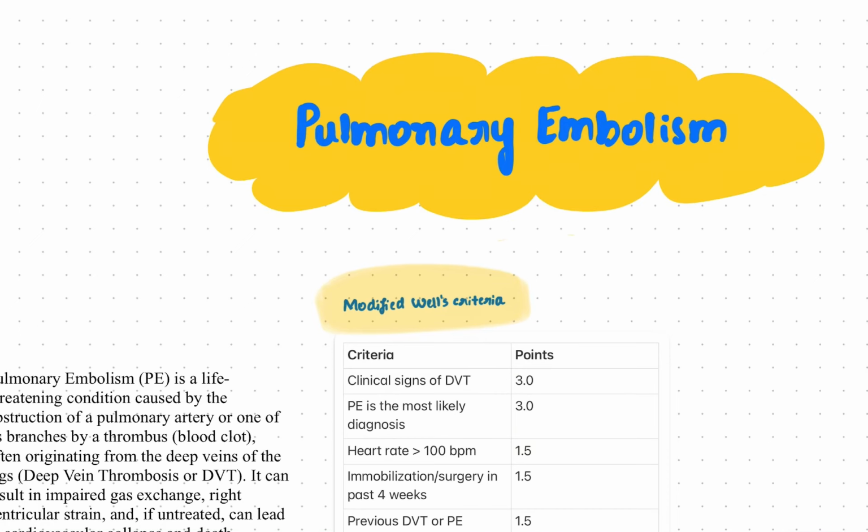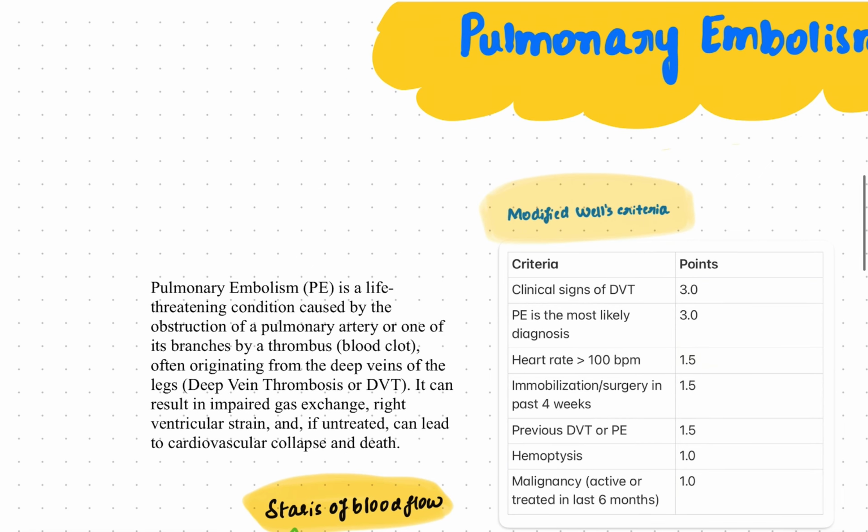Hello everyone, in this video we are going to discuss pulmonary embolism. So what is pulmonary embolism? It is a life-threatening condition caused by obstruction of the pulmonary artery or one of its branches by a thrombus, that is nothing but a blood clot, often originating from the deep veins of the legs, that is deep venous thrombosis. It can result in impaired gas exchange, right ventricular strain, and if untreated can lead to cardiovascular collapse and